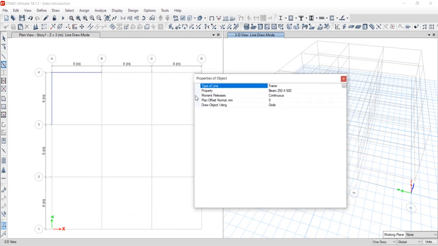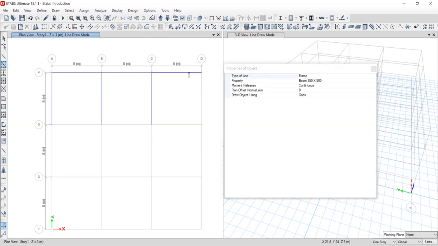of these windows. So let's click on this one. You can see I'm just clicking on this window and it is drawing the beam for me. You can see how easy it is, that you just need to left click on the grid line and it will model the